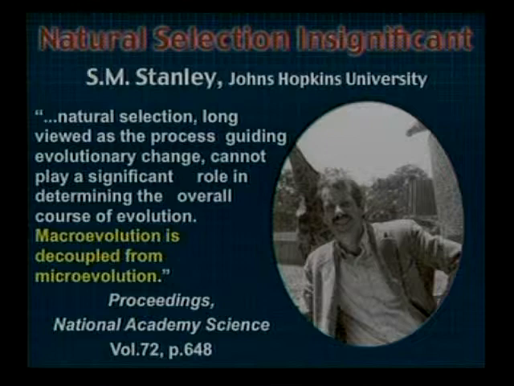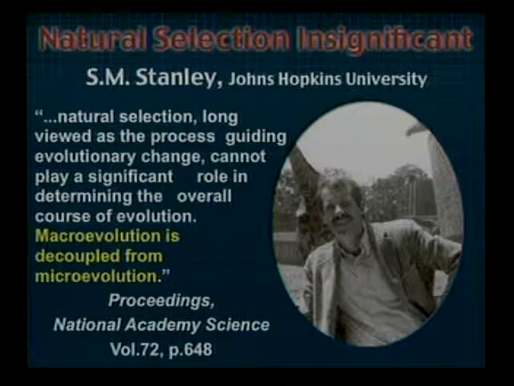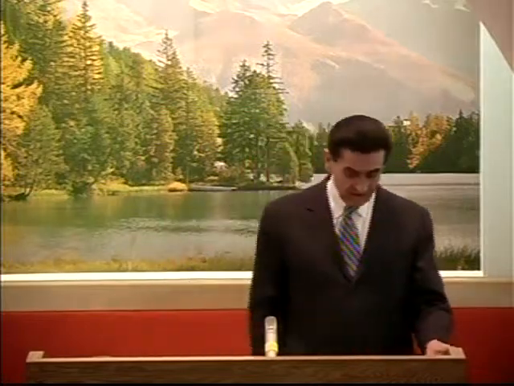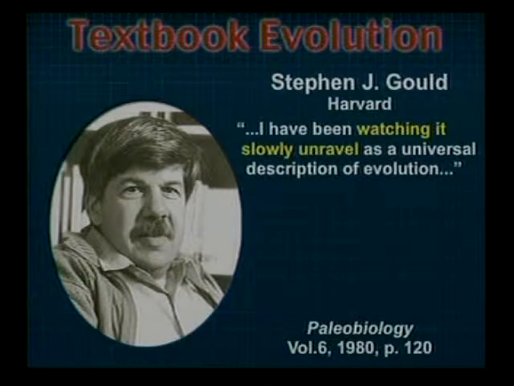The little ones don't add up to the big ones. And so if these little ones don't add up, what's natural selection got to do with it? It's supposed to select these small changes, but it has nothing to do with it because they don't add up. And so the idea that mutations are a benefit, by those who are knowledgeable, though it's still in